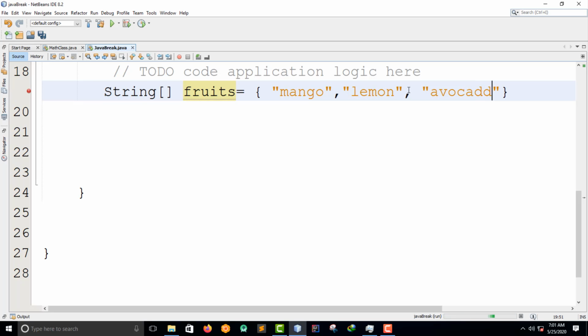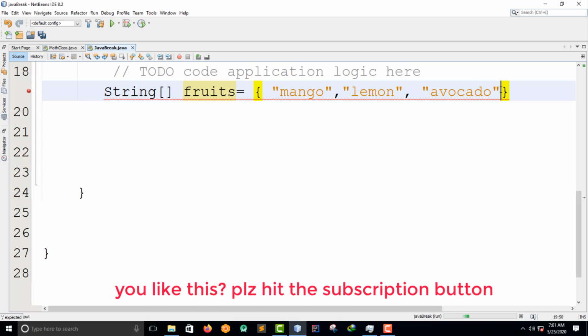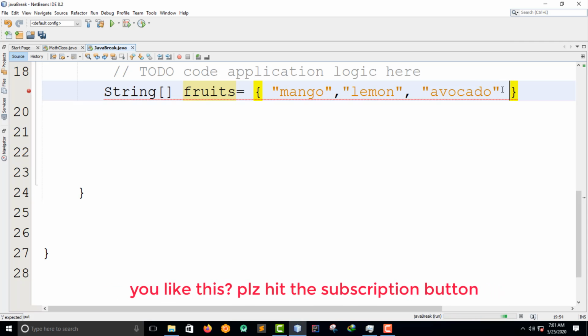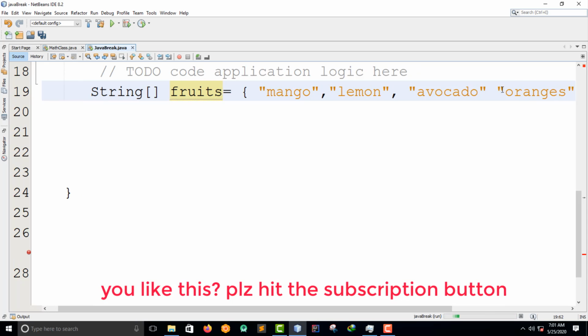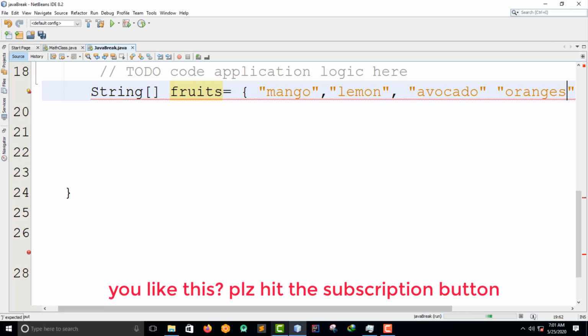And then we want to have the last one, let's say oranges, right? Oranges. Cool. Now we're done with the array.